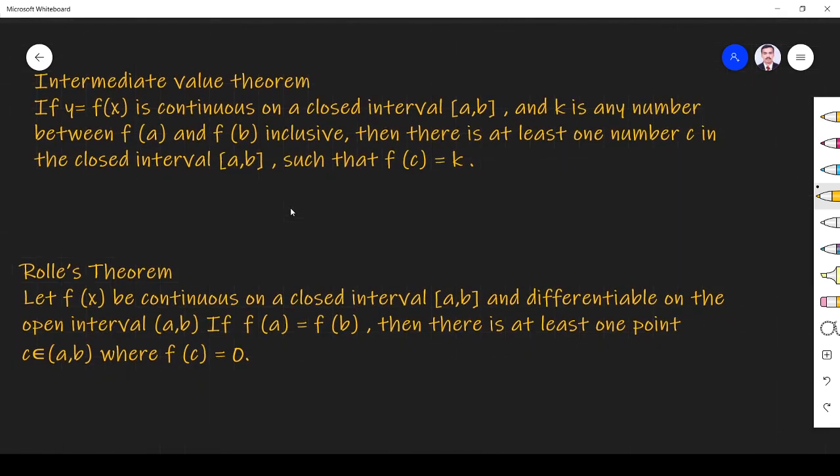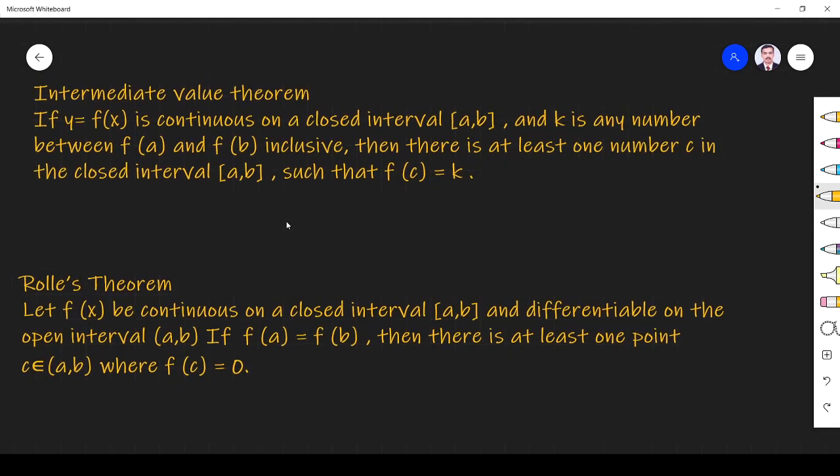I'm not going to explain the derivation. I'll just give the concept and we can solve the problems, which is enough to solve any problems in the competitive exam. Okay, let us see that we have some important theorems in this. First one is